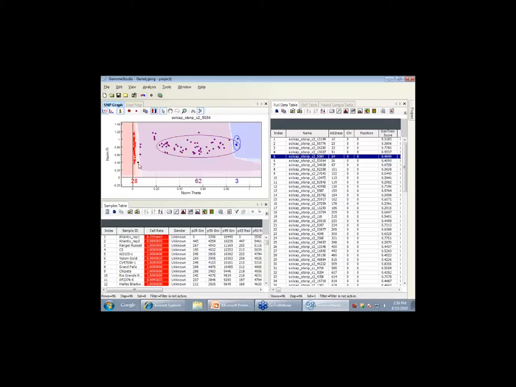Since these are all tetraploids, should there be more genotypic classes? We're going to get there. The question was, since these are tetraploids, should there be more genotypic classes? The answer is yes. This software right now is only set up for diploids, so it's only going to call three classes: two homozygous classes and one heterozygous class. We're working with Illumina to add that feature, but we've found a way to do it right now, and I'll show you how to do that independently